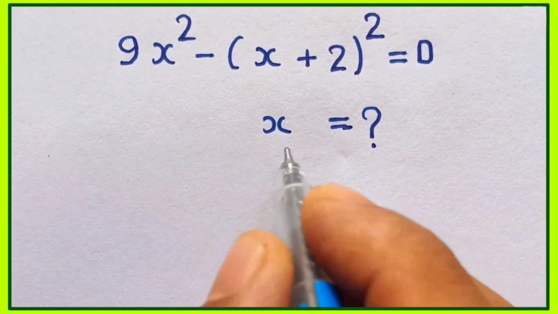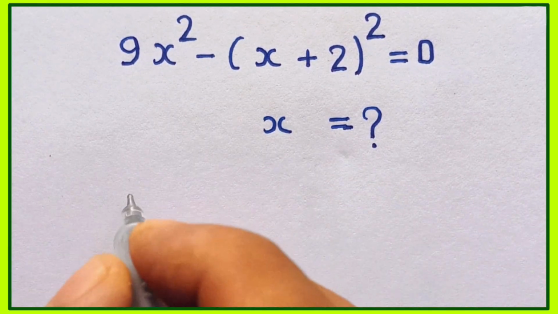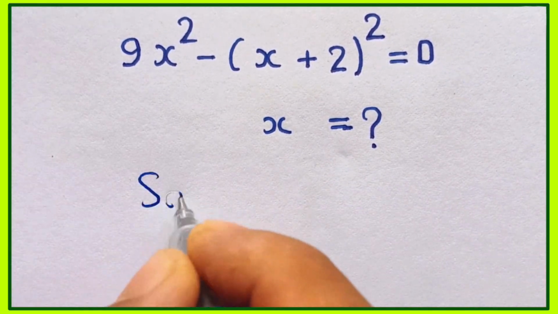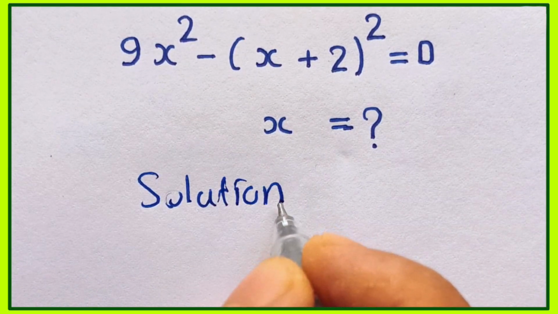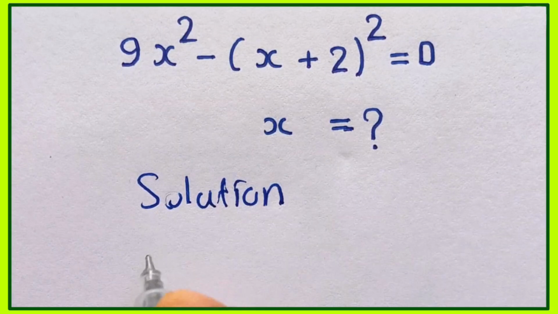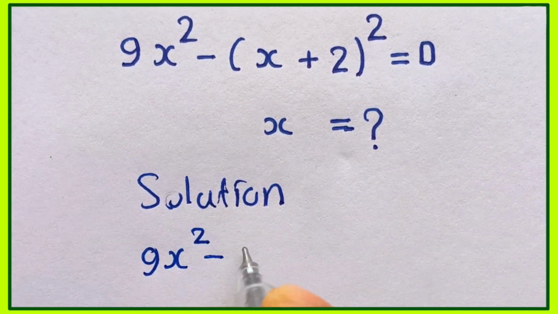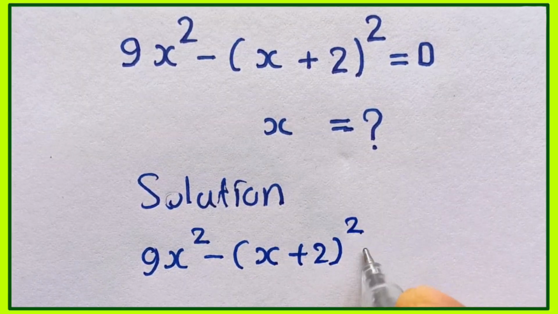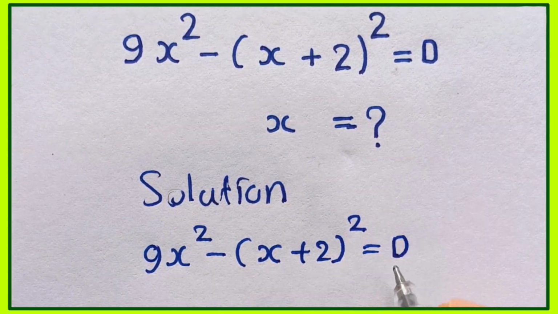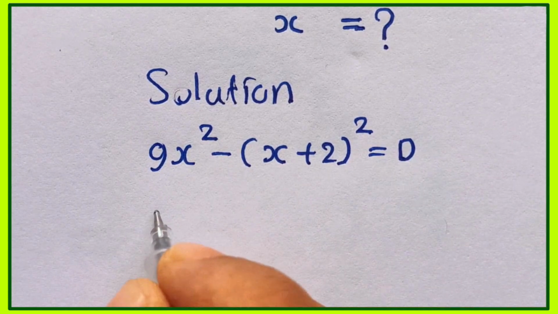We are asked to find the value of x from this nice math problem. To find the value of x, we will rewrite this equation, that is 9x square minus (x plus 2) the whole square is equal to 0. From here we are going to apply a math formula, that is if